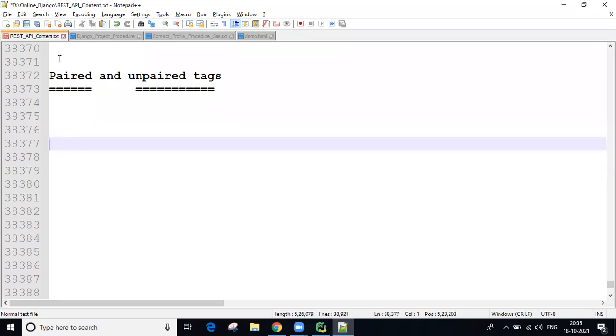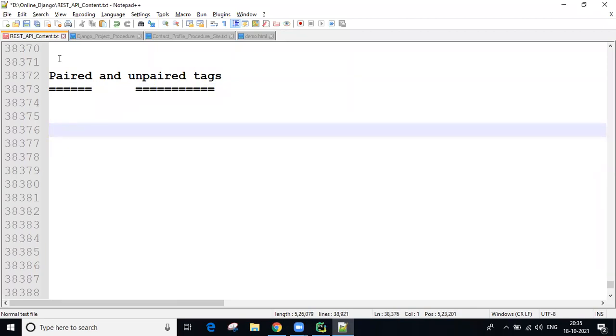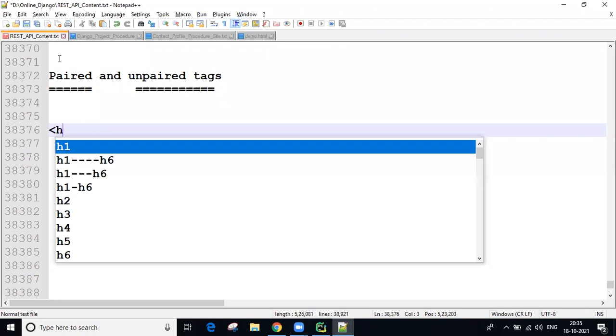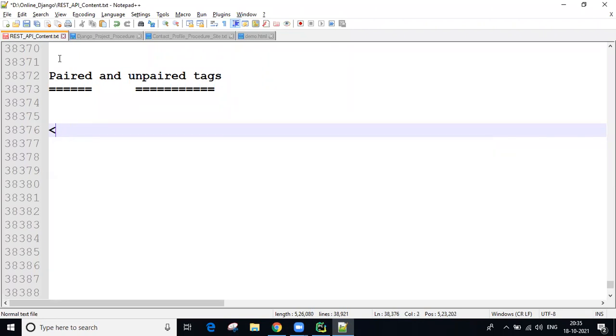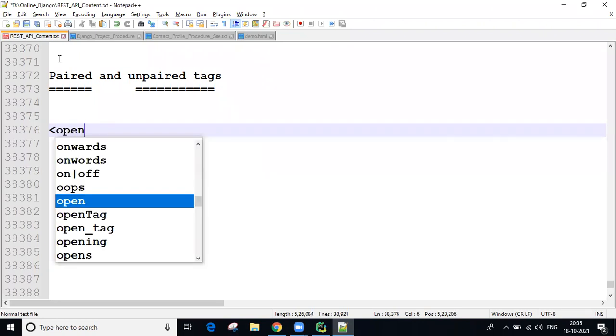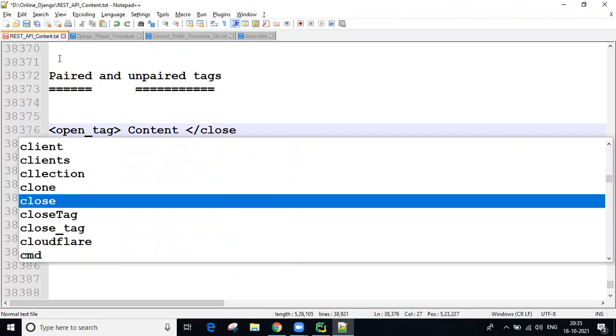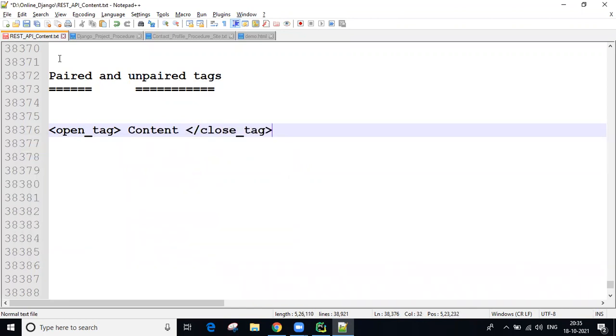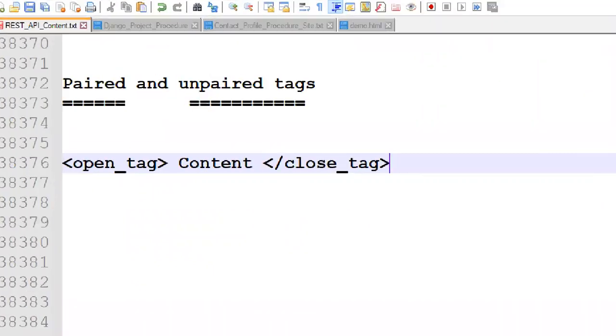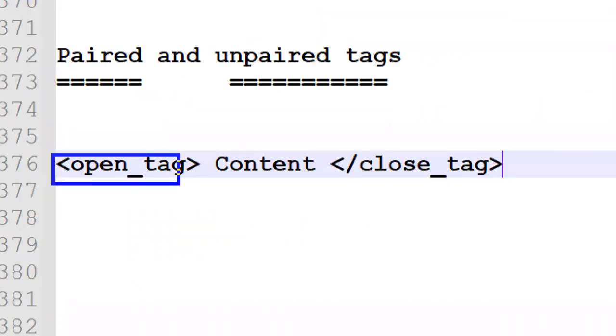So I told you in HTML, most of the tags, not 100%, require an open tag and a close tag, guys. Open tag, then whatever content you want, and then a close tag. This is the HTML syntax: open tag, required content, and close tag.